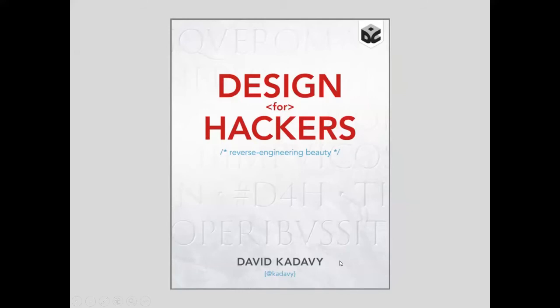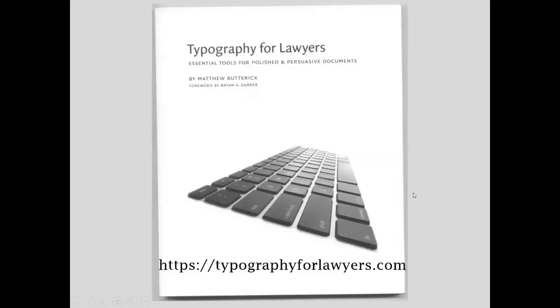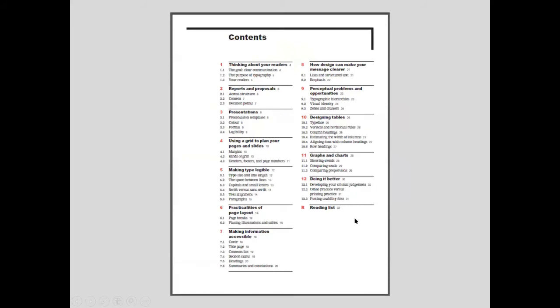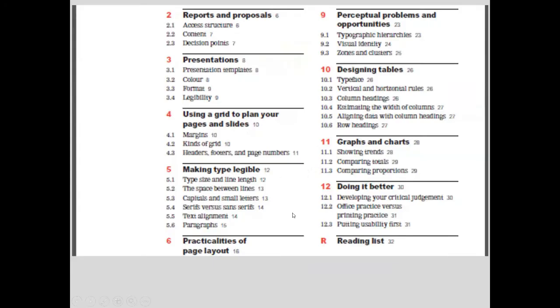What Cadway does is it uses what is called reverse engineering. It shows you how you can deconstruct well-designed documents. This is Matthew Butterick's website, Practical Typography. It's by the same person. And this is a very small booklet, about 32 pages, but it will explain the basics very well. You could see all these are dealt with in this simple booklet.